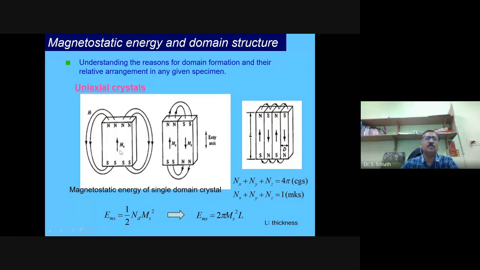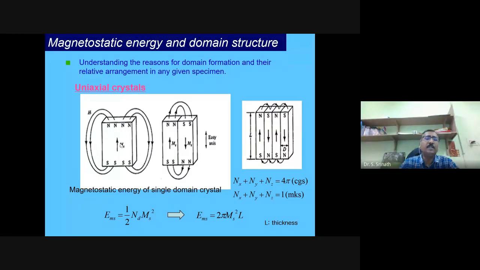direction. That is what is making these spins parallel to the c-axis, right? So this is one field that you can understand. But now, because of the so-called surface poles, you will have another field. This is anti-parallel or opposite to the internal field, and this is purely coming from the surface poles. If I assume that the role of the internal field is to magnetize the specimen, so that you have a net average M,